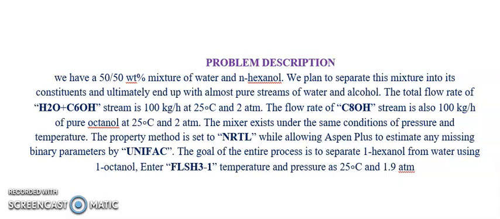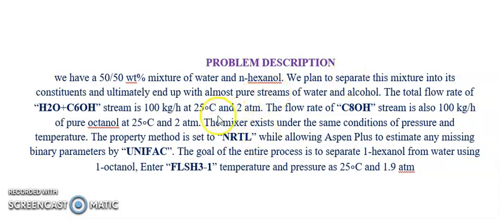We plan to separate this mixture into its constituents and ultimately end up with an almost pure stream of water and alcohol. The total flow rate of the H2O and C6OH stream is 100,